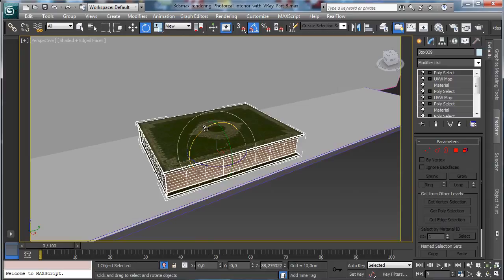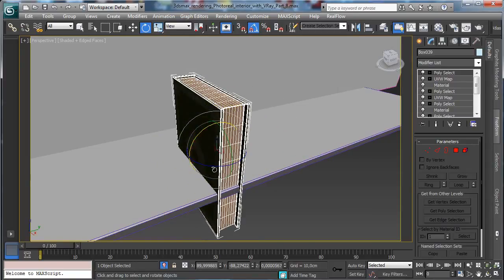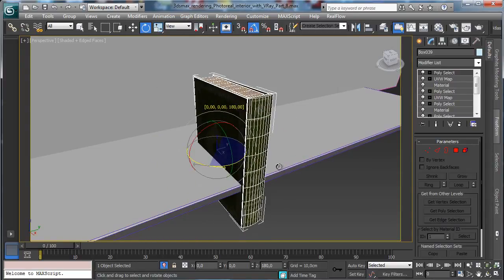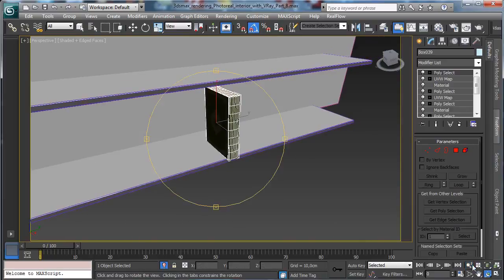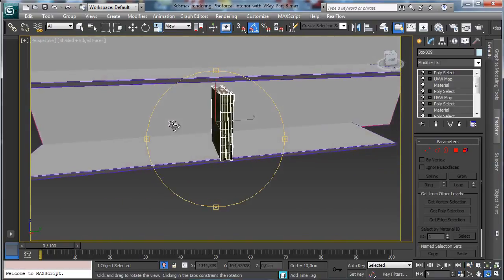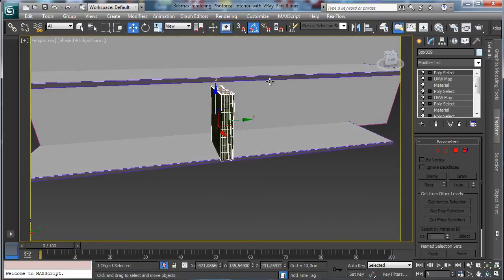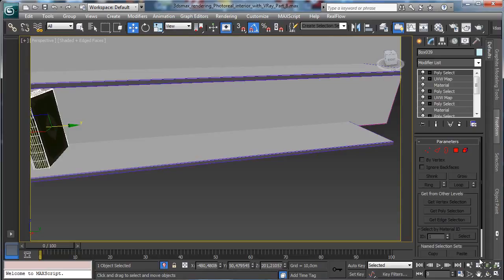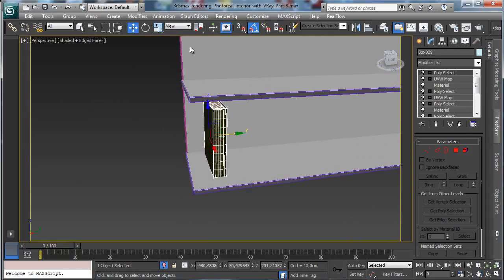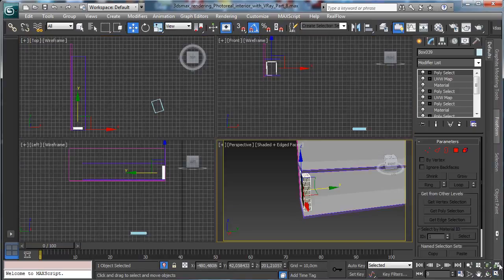Okay, and that's nice. So we have the book in the right position. It is a little bit big, but it can be nice for the moment. So we'll use this one to make it similar to an encyclopedia. So we move it there, and then